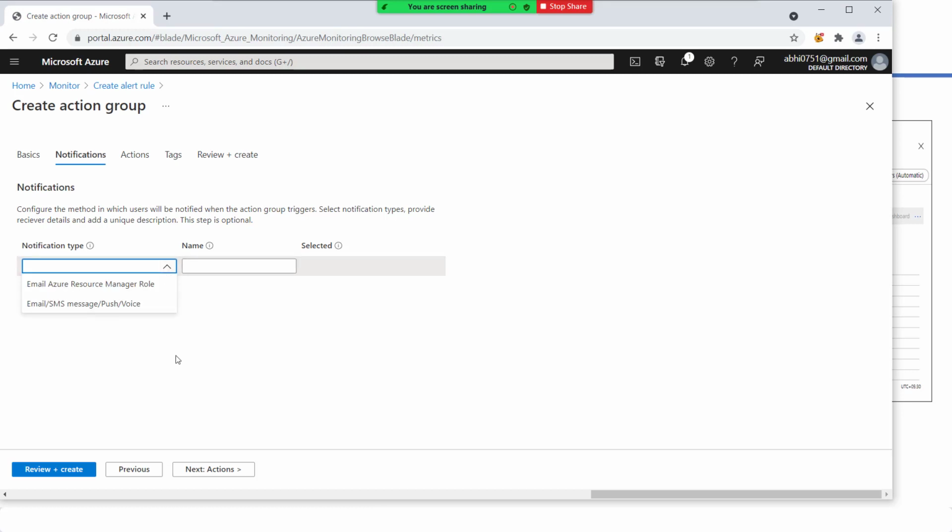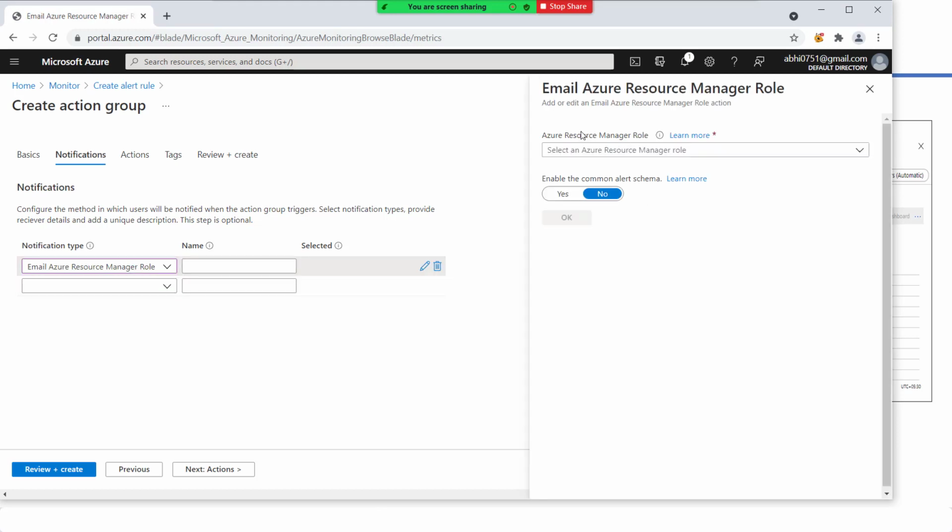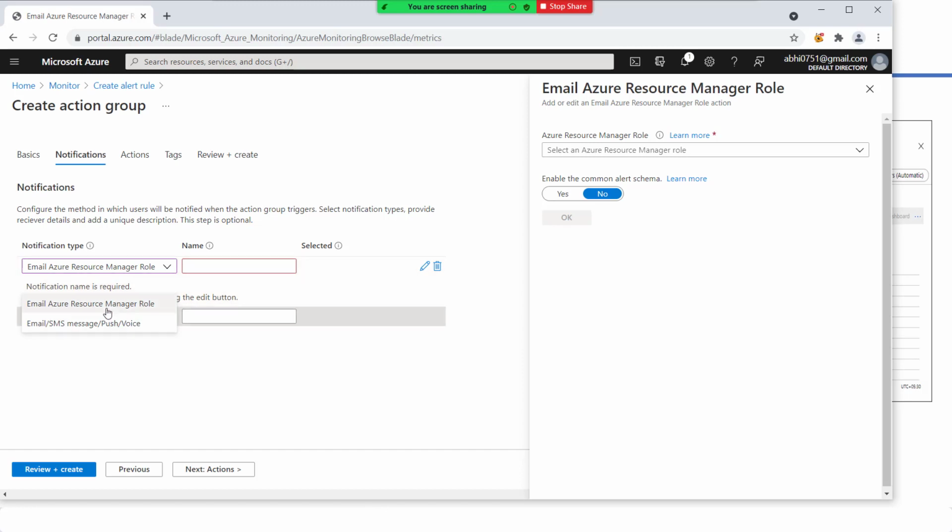So right now you can select an email to Azure Resource Manager role, meaning on which role user you would like to send this email alert, or you can select this email Azure resource, push and voice.